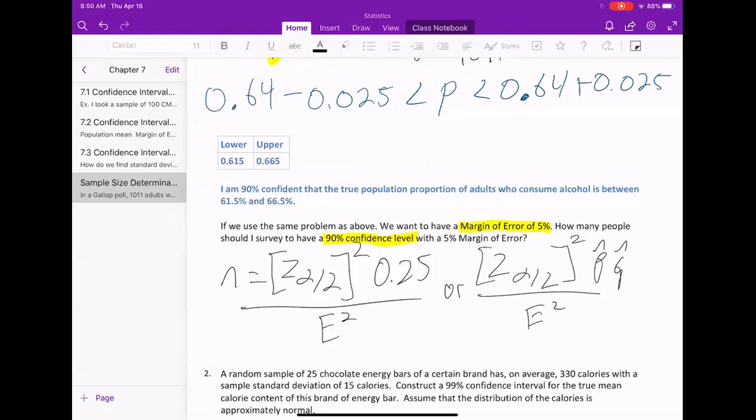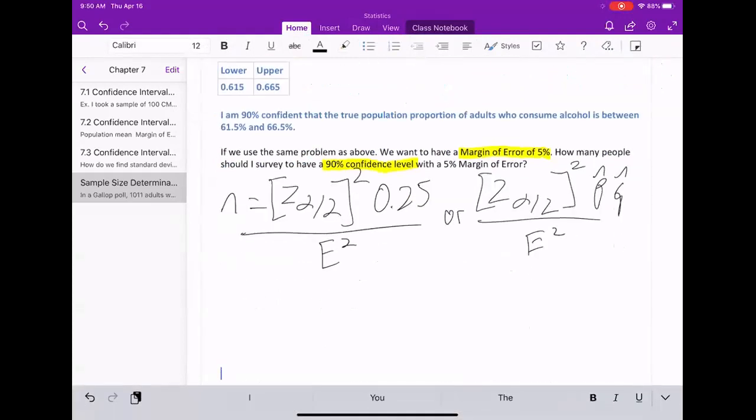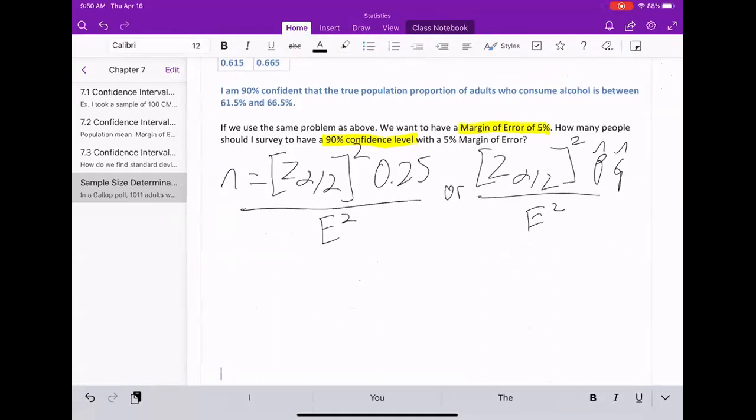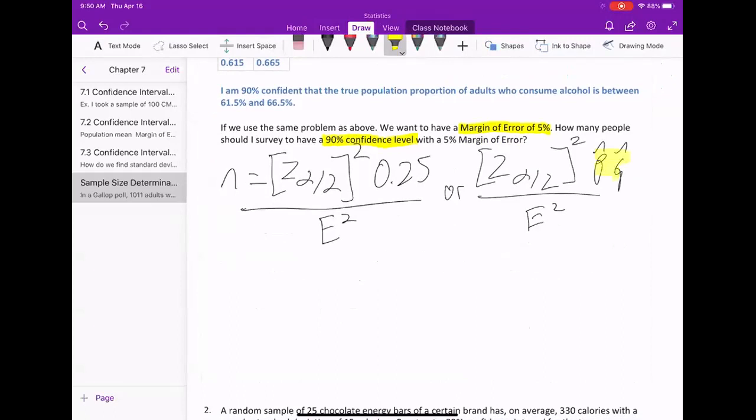The key here is, what's the difference in the formulas? And basically the difference in the formulas is just this. If you know your p hat and q hat, use them. If you do not know p hat and q hat, use 0.25. And where the 0.25 came in